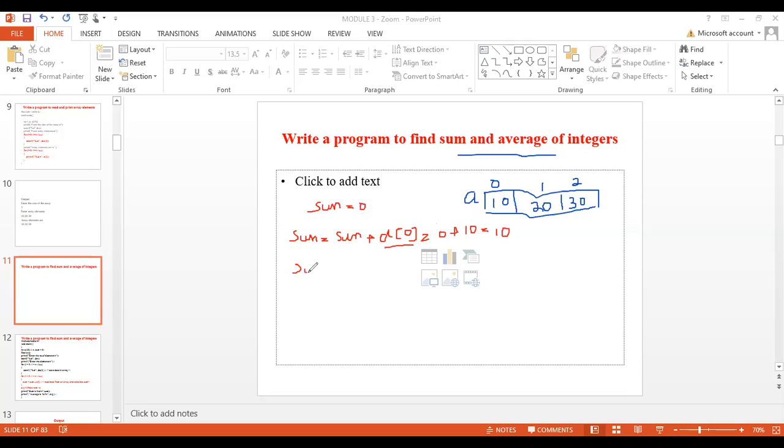Next, we have to add the next element which is there in a of 1.